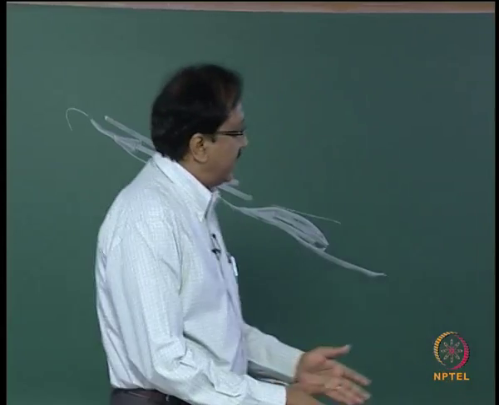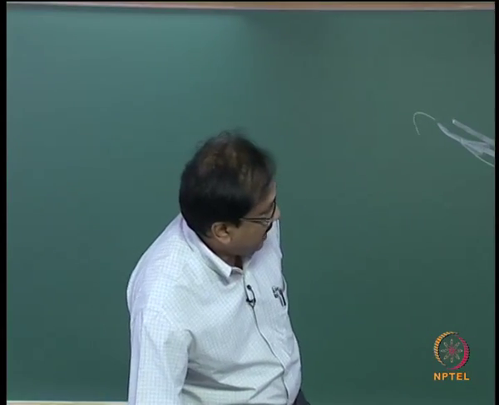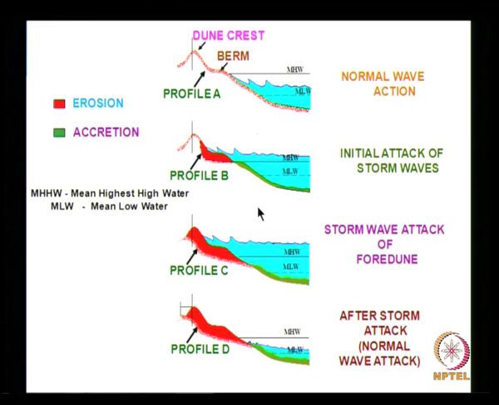Under that situation, the water level has risen, as shown in the second slide. When the water level goes up, the waves which were originally breaking in this particular location, governed by 0.78 times water depth, will not break there, because at that location you have sufficient water depth, so that the depth limited criteria will not be satisfied.